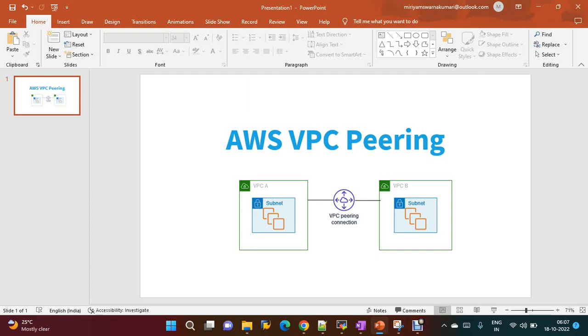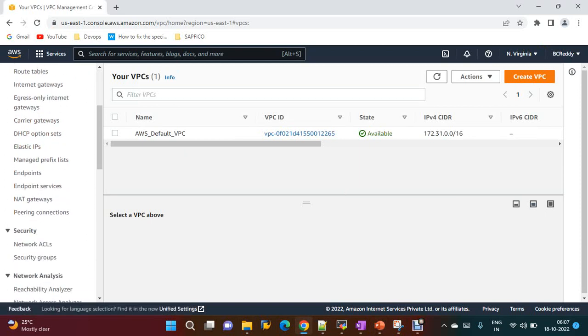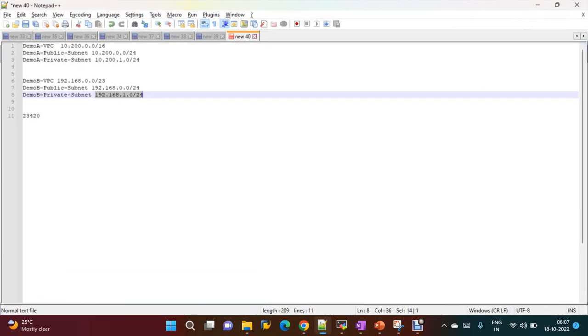I'm going to create two different VPCs, subnets, route tables, everything, and we are going to launch instances. Then we will create a VPC peering. The VPC peering connections will be shown in the VPC section. If you come to here, there is a peering connection. Before that, I need two different VPCs. Let me create two different VPCs. I am naming it as